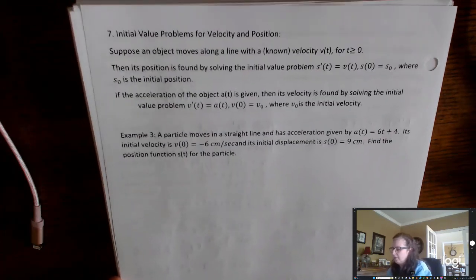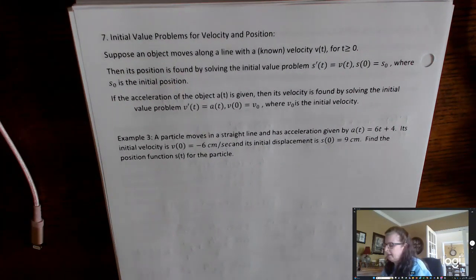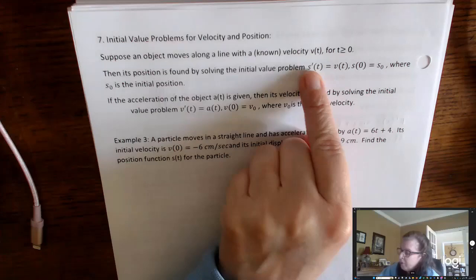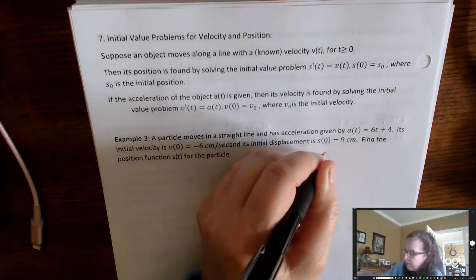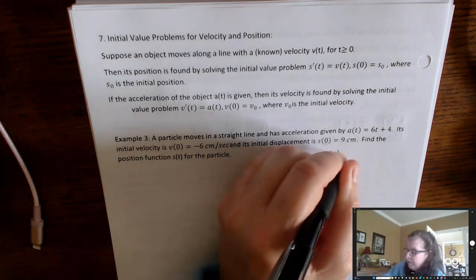Okay, so let's take a look at a velocity and position problem. It says, suppose an object moves along a line with a known velocity of v of t for t greater than or equal to 0. Well, we might remember that its position is found by solving the initial value problem. Let's just write it down. So we've done this before. So if s of t is our position function,